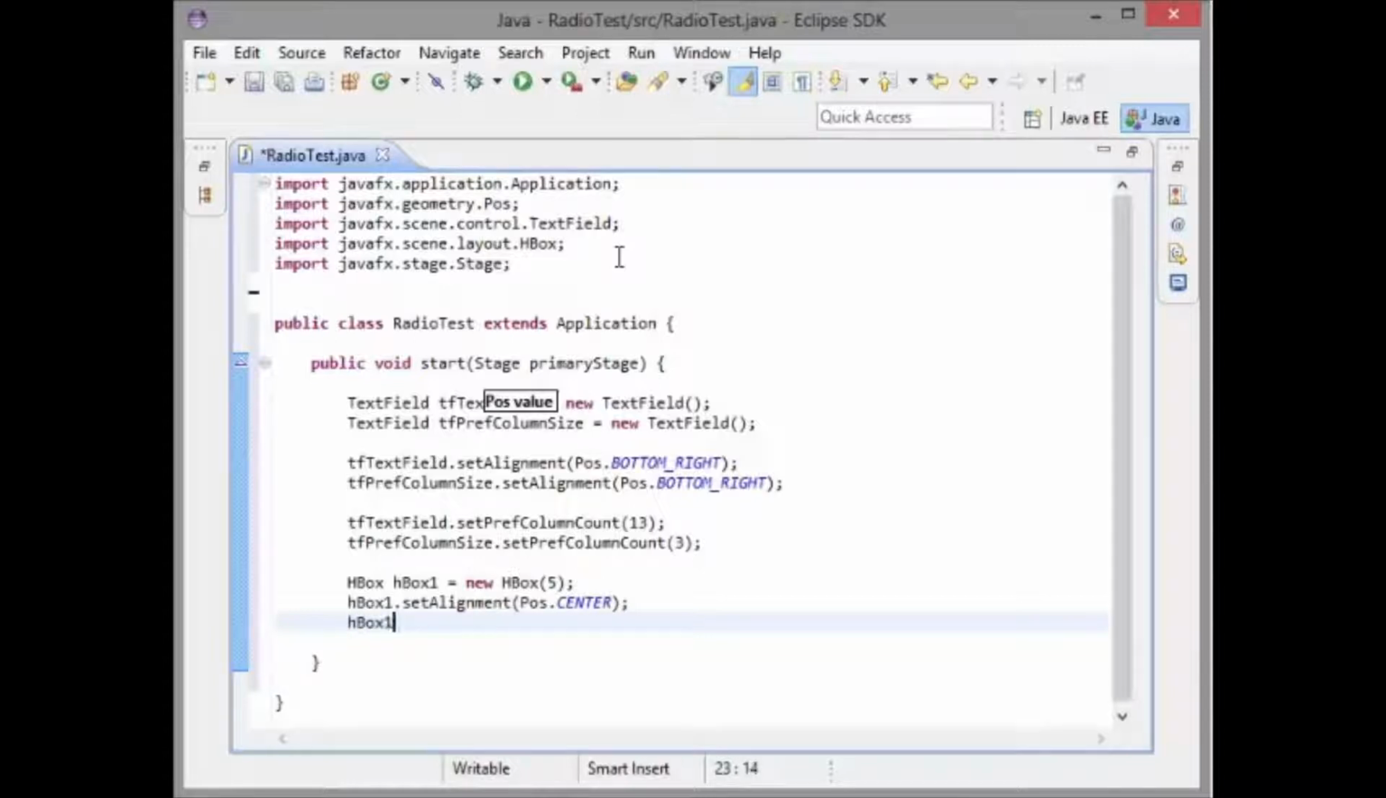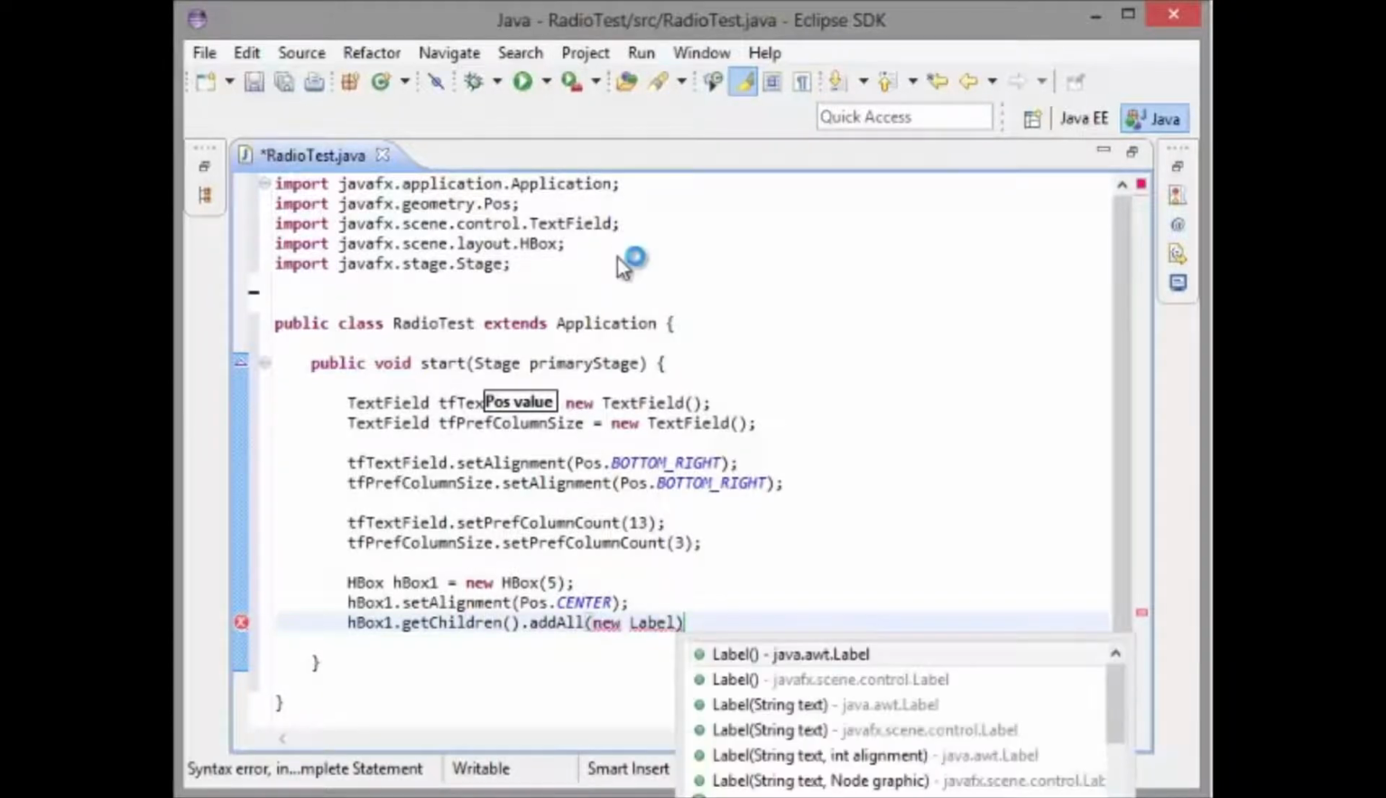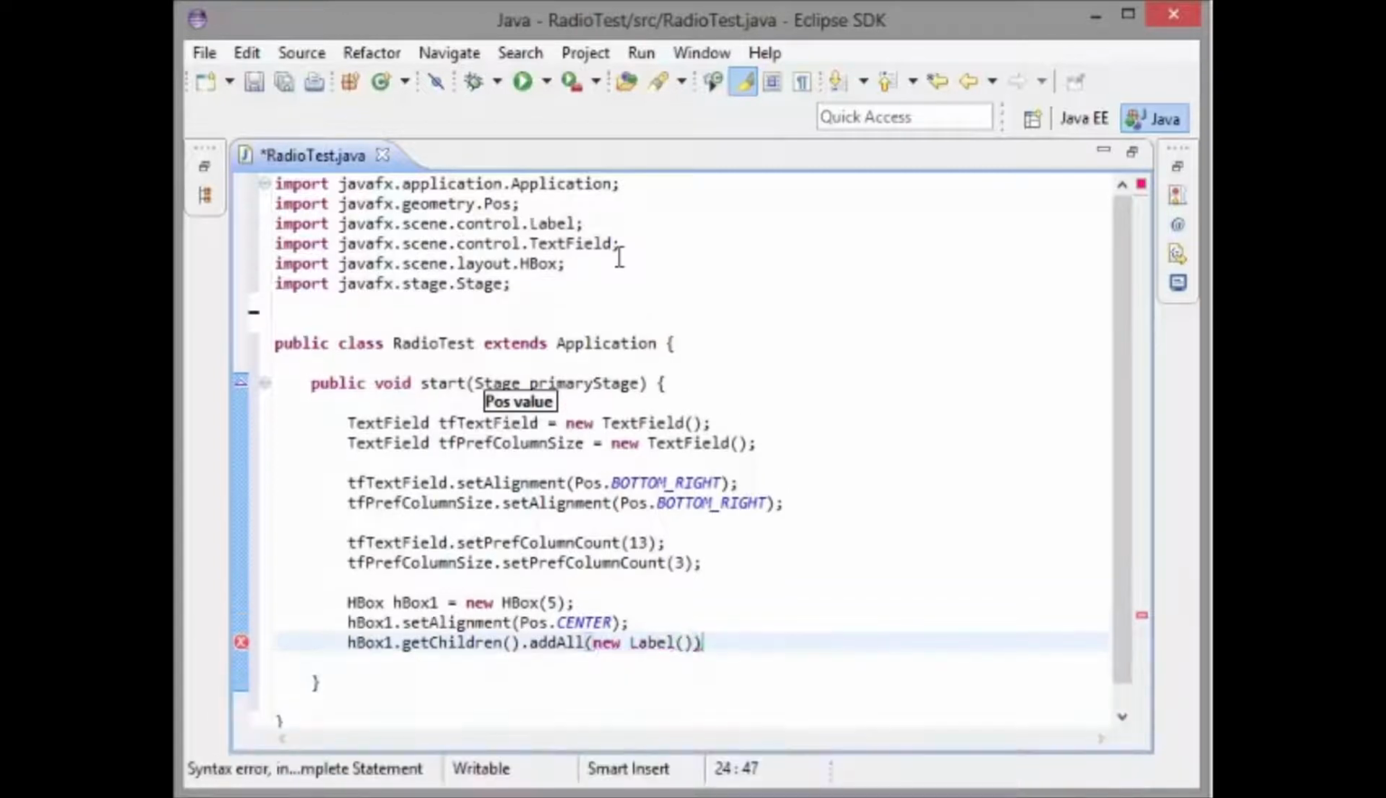So hbox1.getChildren.addAll, and the first thing we'll add is a new label, and to the constructor we'll pass in text field, and we'll also add our TF text field object. Alright, what we're going to do now